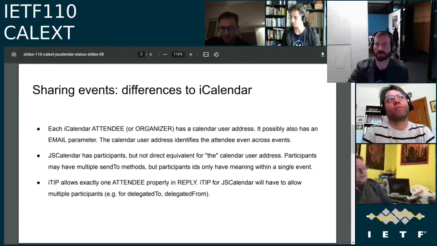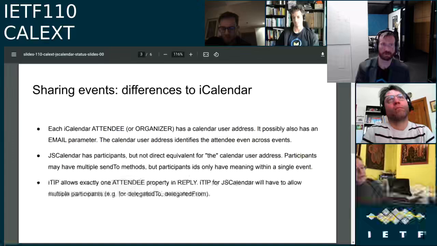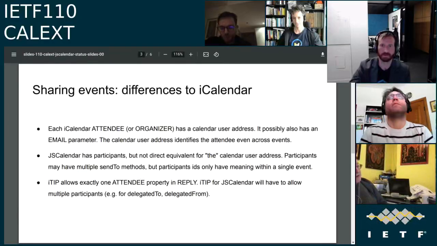I exported. I sent it to myself via an email address because one of the problems I've always had with looking at the internal form of Apple's events is there's no easy export from iCal. So what I do is I use one of my other email addresses as an attendee. I sent it to one of my other email addresses, and then I picked that up from Thunderbird. So yeah, it's going IMIP. All right, perhaps you can give us instructions to try and reproduce it.